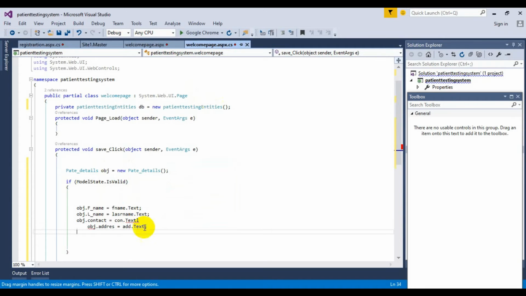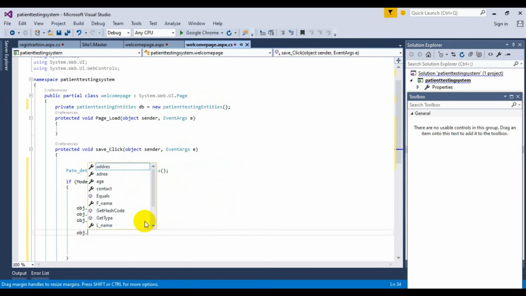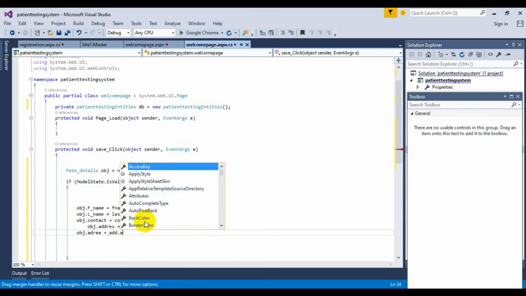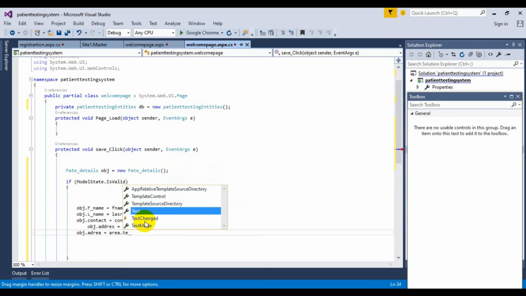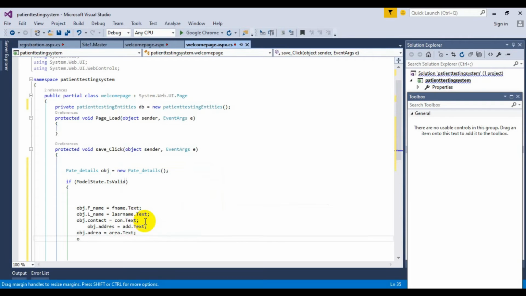Same thing, and now obj dot area equals to add dot area dot text, and obj dot age equals to age dot text, and